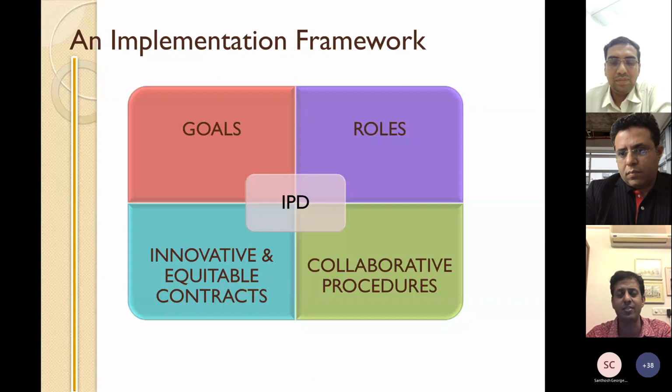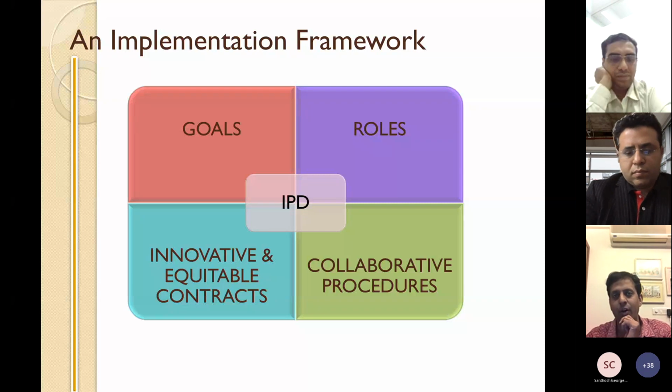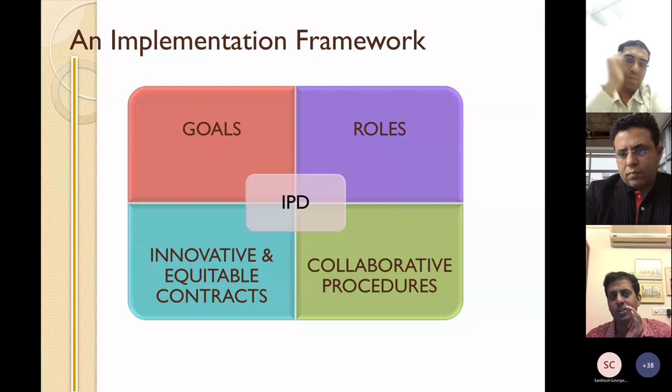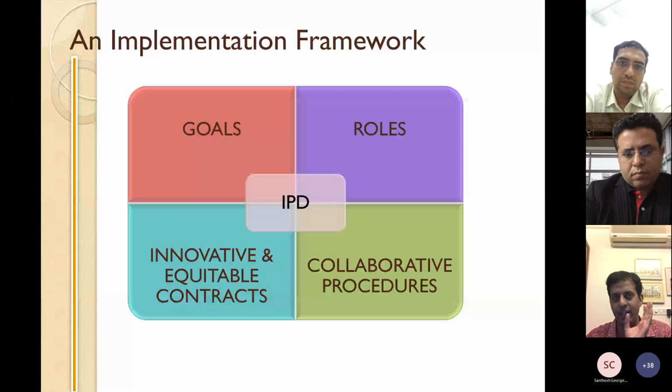There are a few things that need to be done, in my opinion, to enable adoption. The first thing is to set up a process framework that allows you to leverage the common data environment. In this framework, a few things are critical. We have to be very clear about the goals of what you want to achieve with regard to your project and the use of the CDE. If you just go in saying, I will buy this tool, I will implement it and magic will happen, that is not going to be the case.